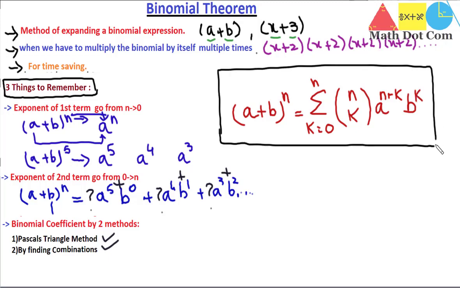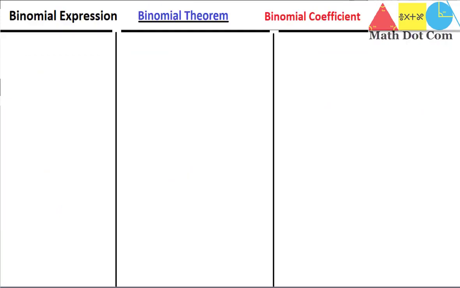So this is the general form of the binomial theorem that you can use, but this general form is really horrible for most students, so we are not going to look into it. We are going to learn how you can easily apply the binomial theorem on any expression given to you. Here I have made a table where in the first column I'll write the binomial expression, in the second I'll expand it using the binomial theorem, and in the third I'll tell you how you can compute the binomial coefficient using the Pascal's triangle.